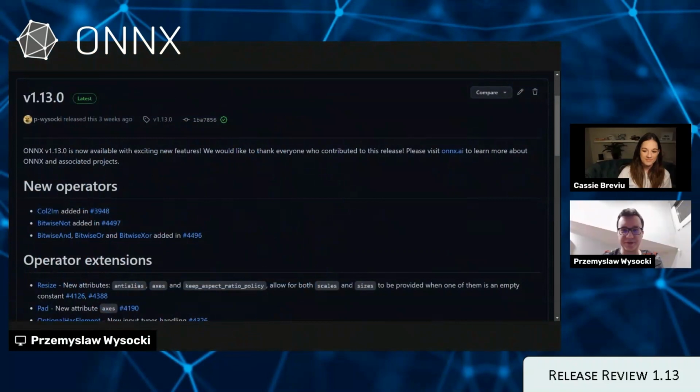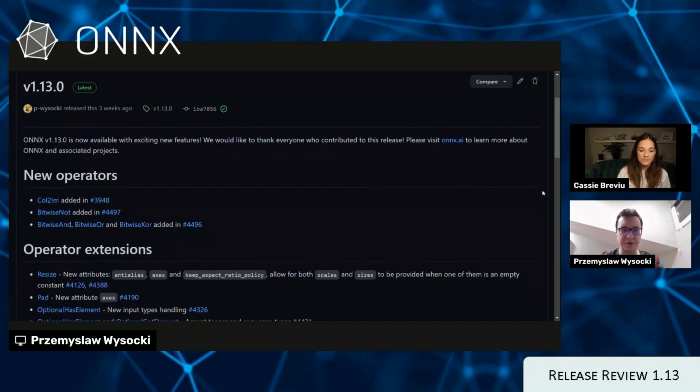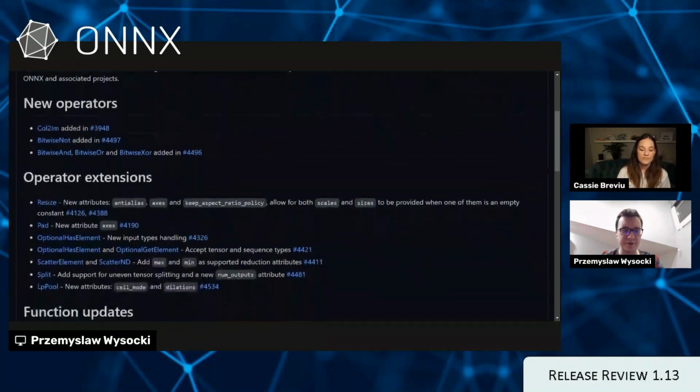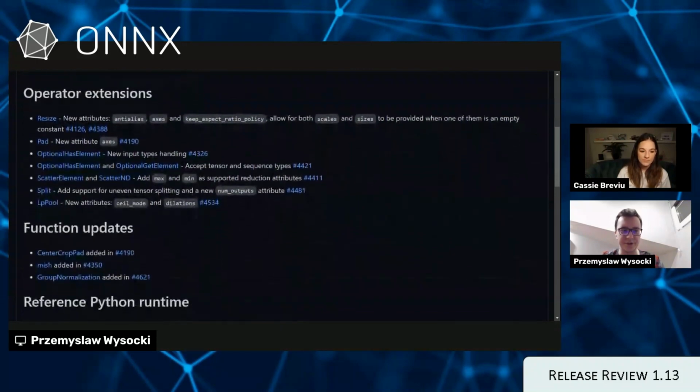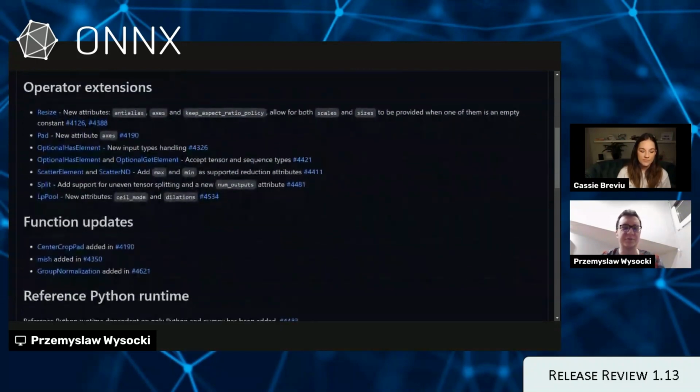The release contains a lot of new features and bug fixes, which we're going to talk about very briefly here. The release includes quite a few new operators. One of them is column to image, useful when applying convolution filters to images, and also quite a few bitwise operations. Also, not only are there new operators, there are also quite a few operator extensions, some of which are